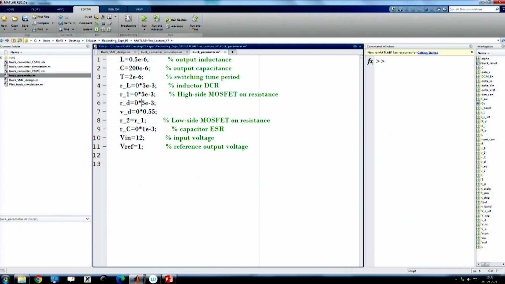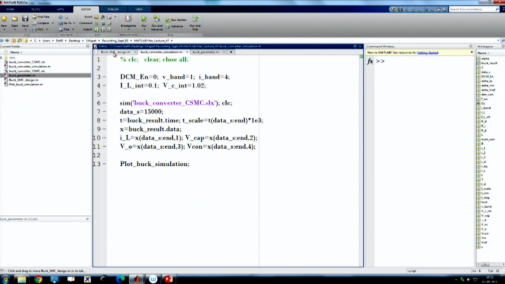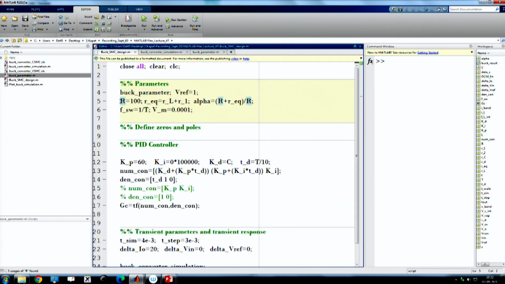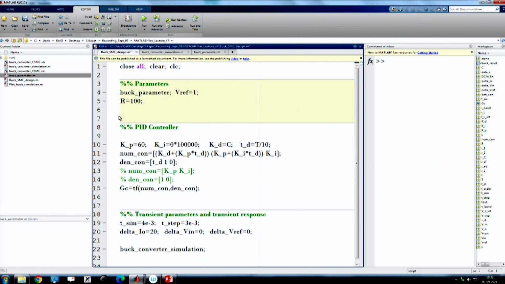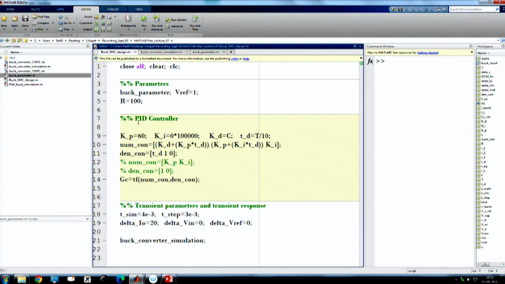You can take all the parasitics to be 0, with 12 volt input and 1 volt output, a standard form. Here, this alpha is not required, so you can remove this path; only the load resistance should be sufficient. We do not consider ramp, so it is not required. Poles and zeros are also not required. Though I am showing a controller, it should be a proportional controller rather than PID. So, this Kp I am choosing to be 60.